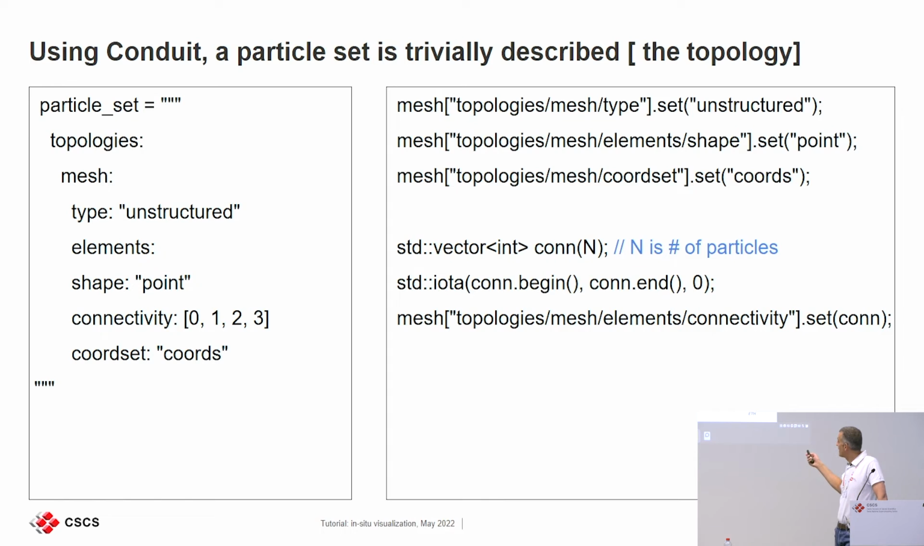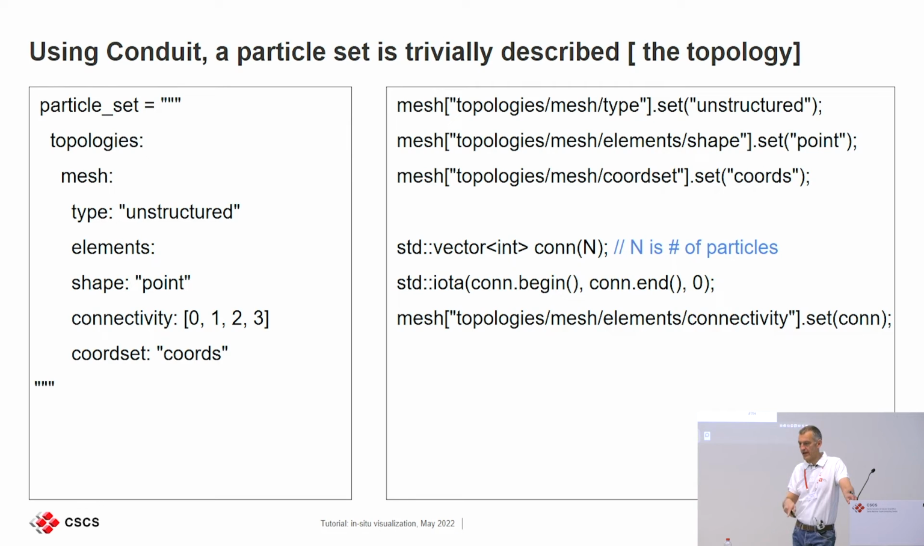which, by the way, has a certain cost, because the connectivity list is given to Ascent with the normal set API, which means it's a copy of that array, because the simulation itself does not hold a copy of this connectivity array. This is basically a linear array from 0 to n-1, but